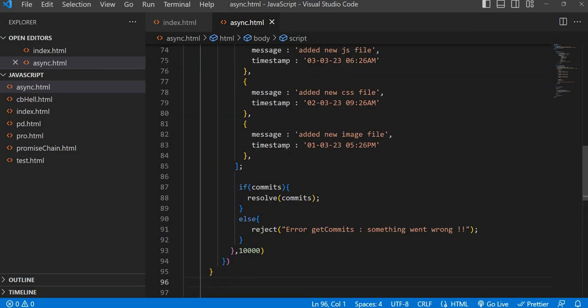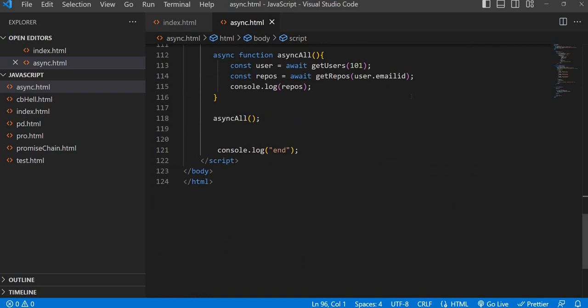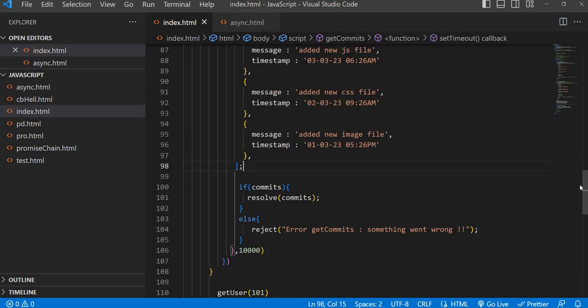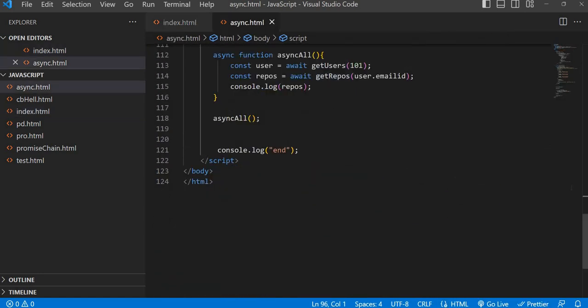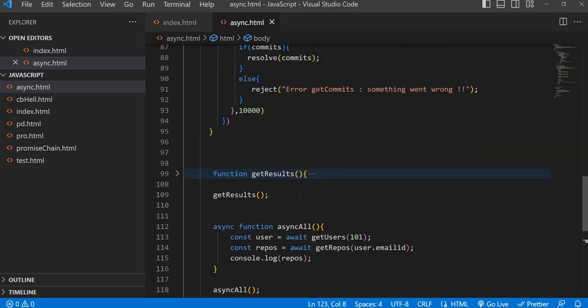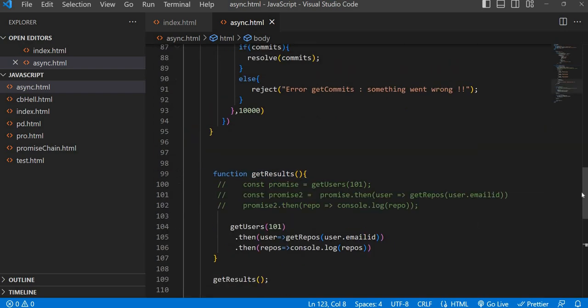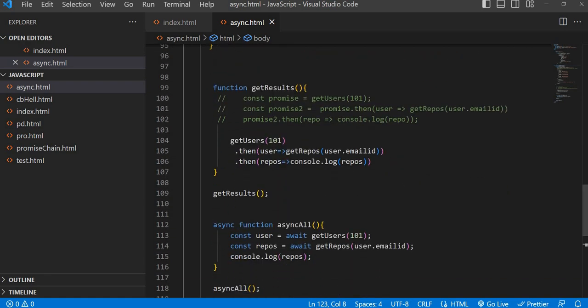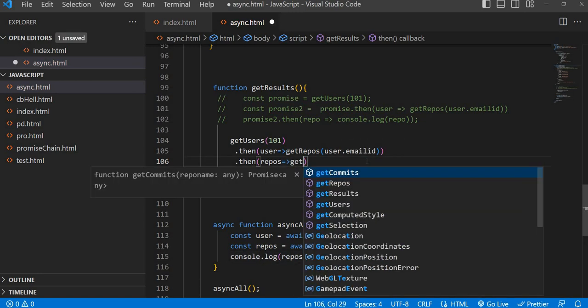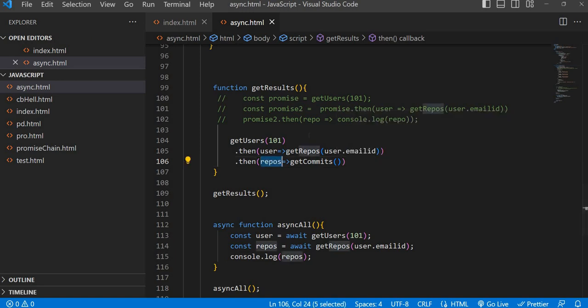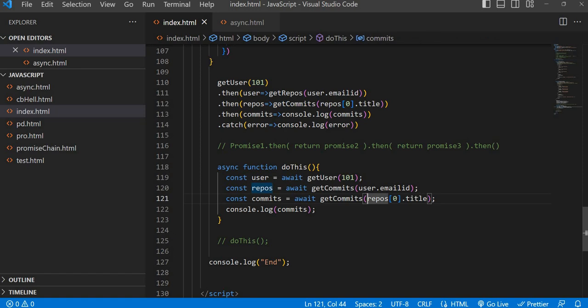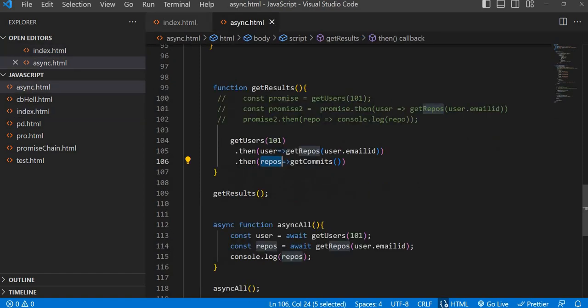So, get commits, the third one. What's the logic for the third one? I'm directly copying from here. Otherwise, don't worry. So, get users, the get results. Once you got the results, instead of writing console.log, what you need to do is call the third asynchronous one, that is get commits. And what this get commits is expecting is some repositories detail, right? What we have done: repos[0]. It is returning an array, so we are taking the first array item and we are taking the title,